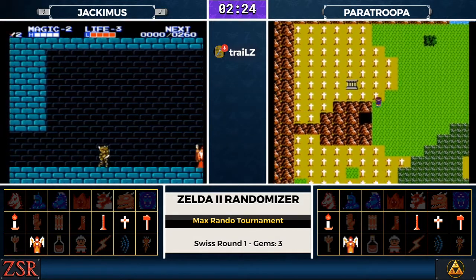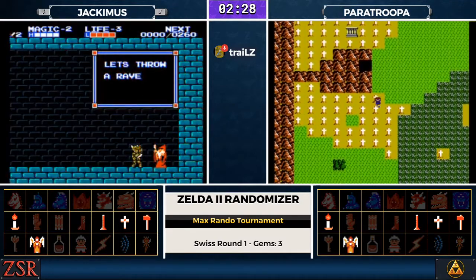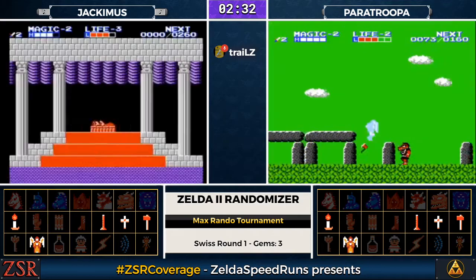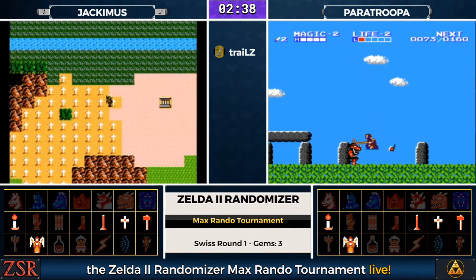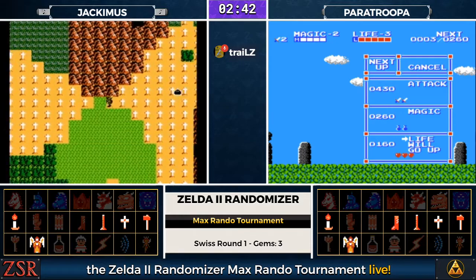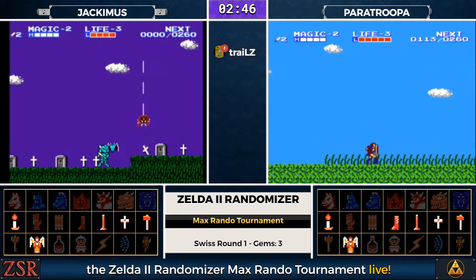Paratroopa finds Palace 4 in the northwestern section of the western continent, and he finds the grass tile too. That, it's jump, and Paratroopa finds the boots on the grass tile, which is nice. Ooh, 200 for the red Dyra, that's so juicy. Early on,